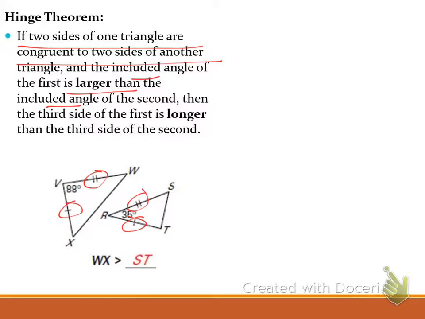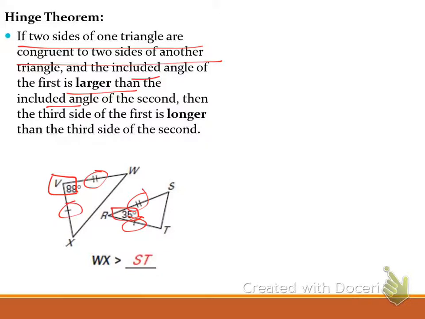So there's a couple of things going on. We need to have two sets of congruent sides, and then we're going to compare the angles between them. The hinge theorem says if those sides are congruent, and you compare those angles, the third side of the triangle with the bigger angle is going to be longer than the third side in the triangle with